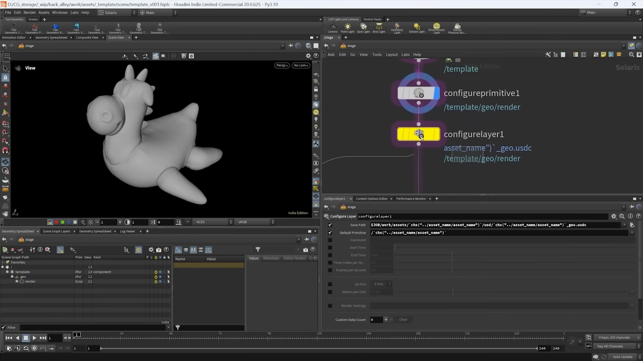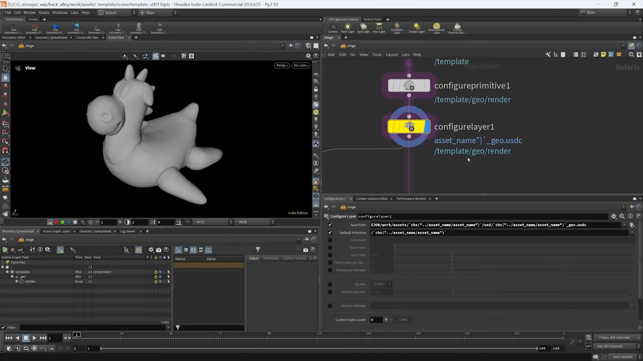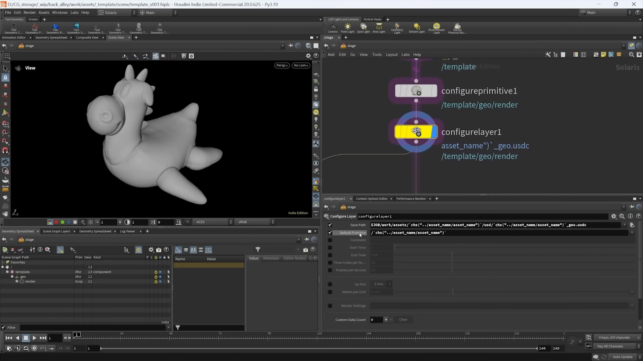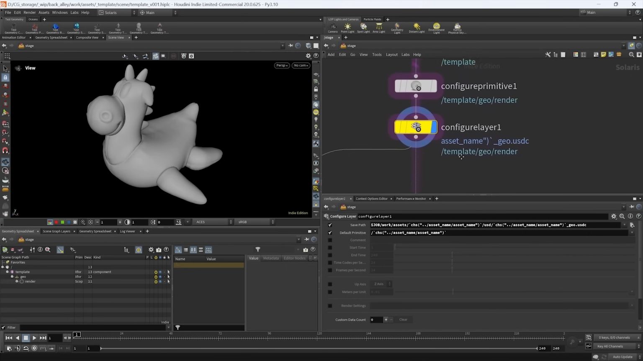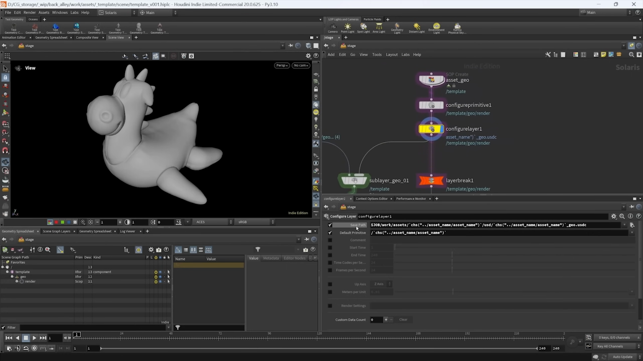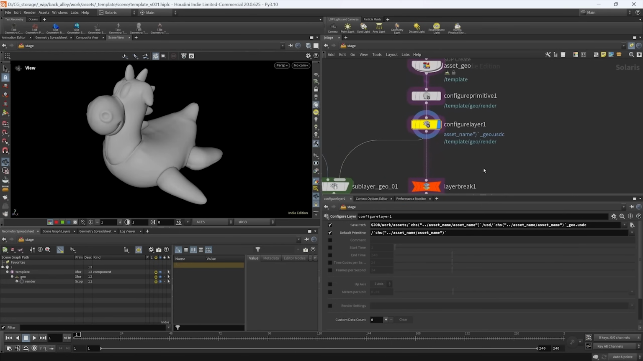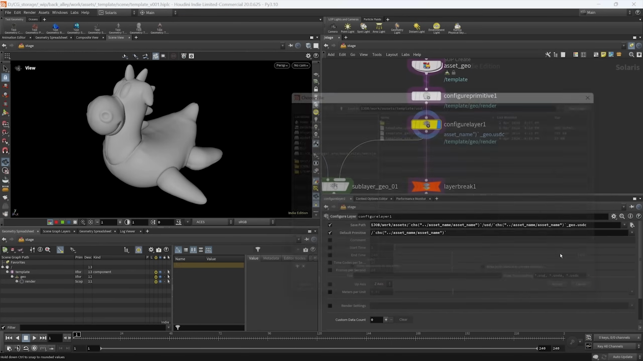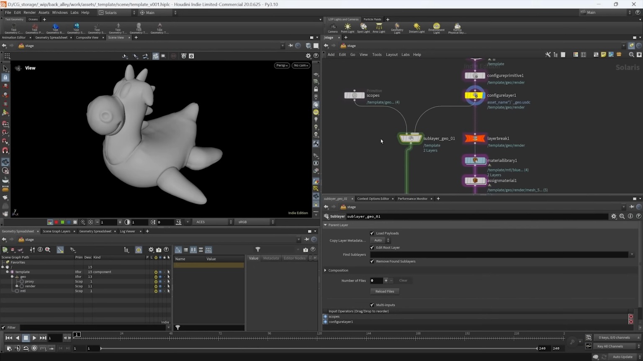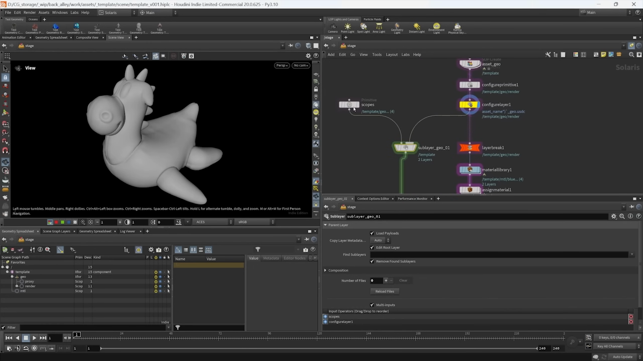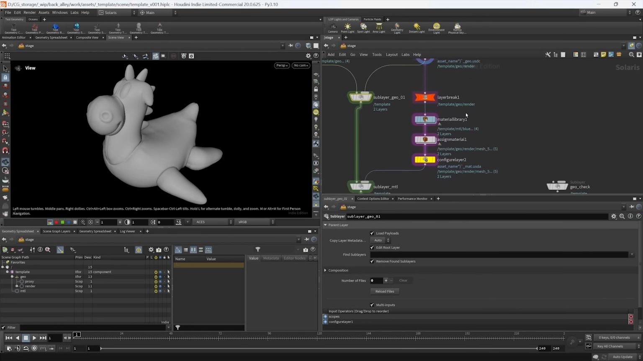Okay, next step is configure layer, and this step is quite important because here we set in the path for geometry layer we creating and the default primitive. Yep, that's it. This save path is the same folder as our final USD, but different USD name. You can see it here. After that we can sublayer it into our structure and work with